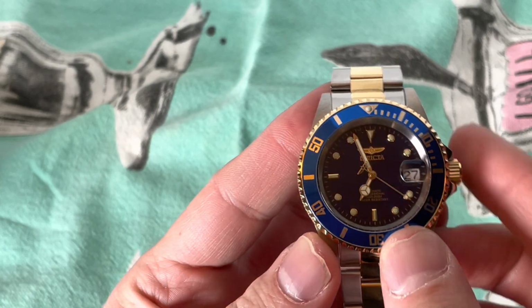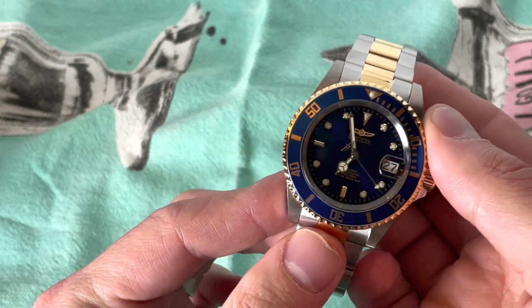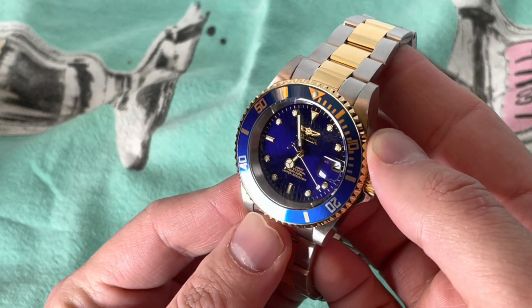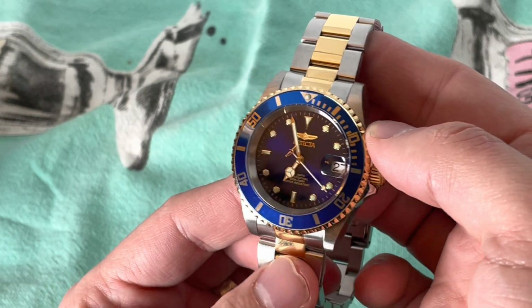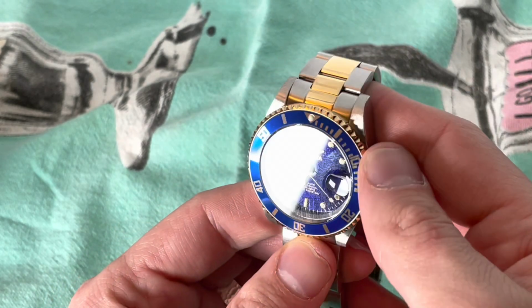And last but not least, a two-tone Invicta Pro Diver. This was a Christmas present from the wife this past Christmas of 2022. I have not sized this one yet, but I am looking forward to it. I'm trying to get over my...